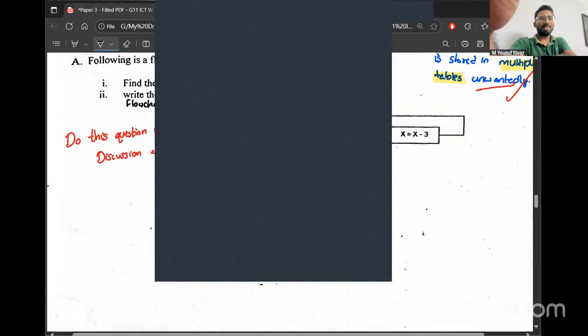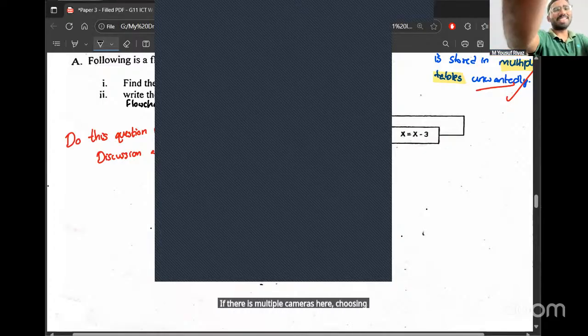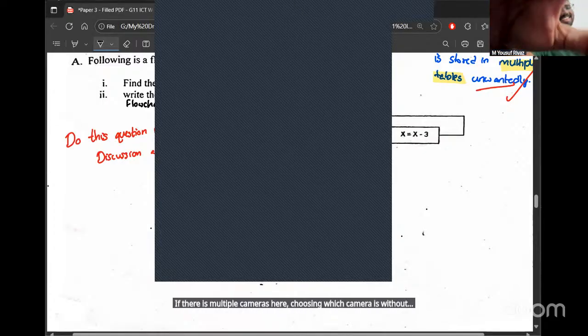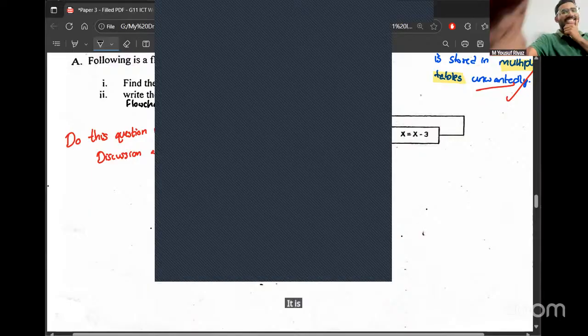Basically, there are multiple cameras here, choosing which camera is better. Anyways, let's start.